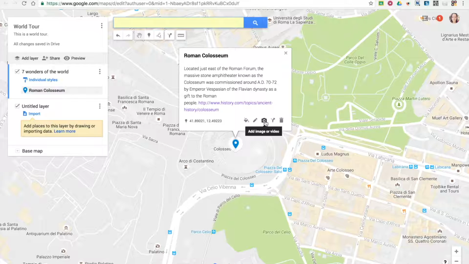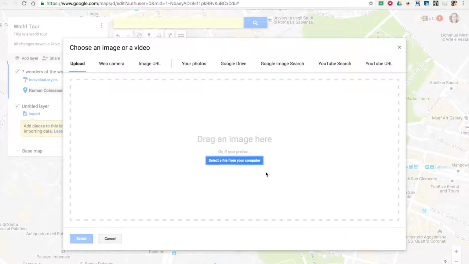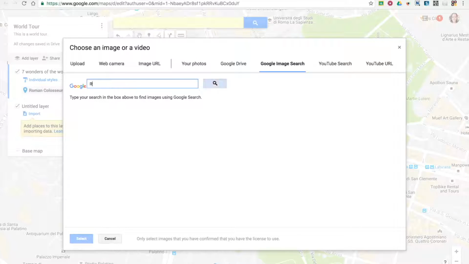I'm going to go back over here now and add images and videos. So I'm going to click on the image icon, the camera, and you can see that I have all these multiple ways to add my multimedia. So you can pull from your photos, from your Google Drive. You can also do a Google search here. So again, I'm looking for the Roman Colosseum,